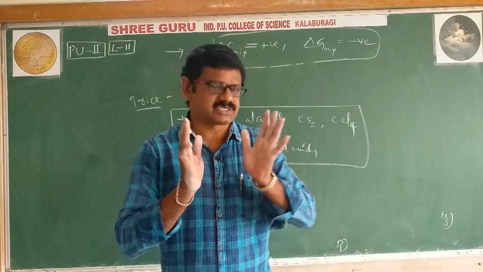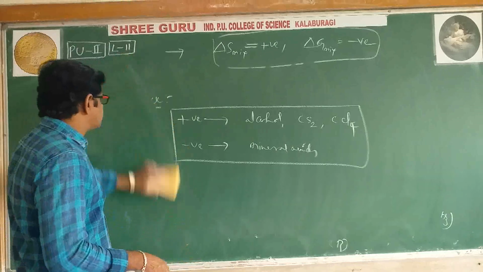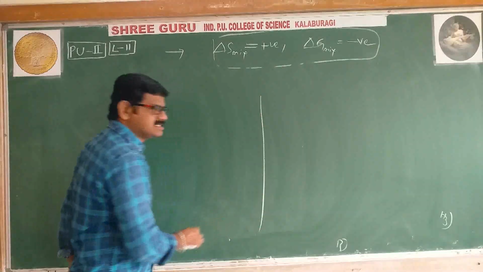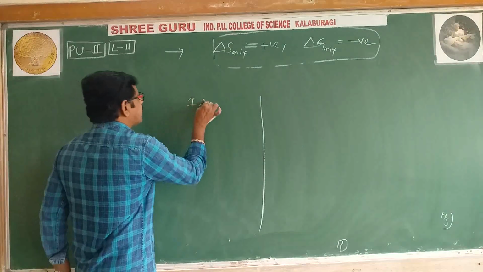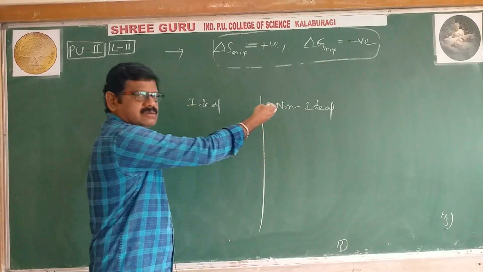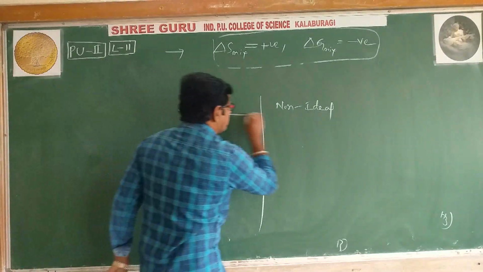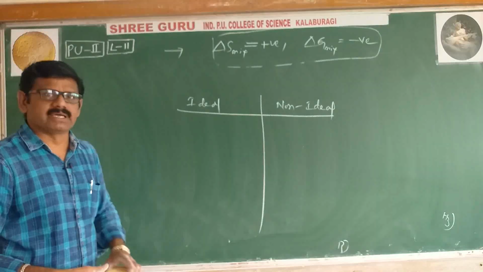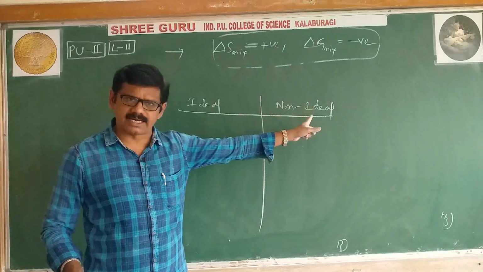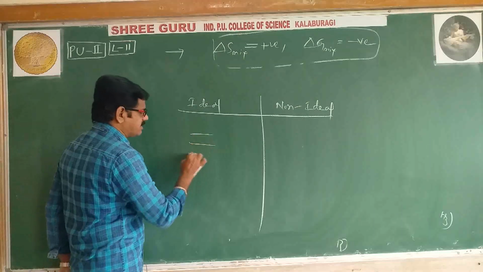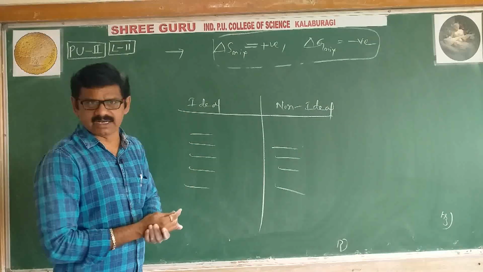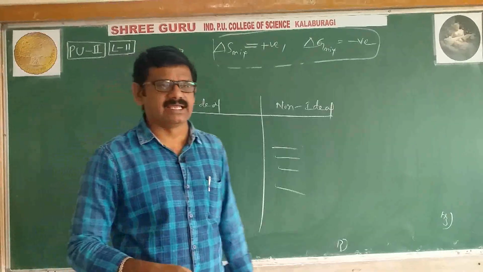Next, what you have to do? First, you have to write, of course in our notes we have given it clearly, you just refer to the notes. On one side take two columns: one side write ideal solution, the other side write non-ideal, which includes positive deviation as well as negative deviation, doesn't matter. You have to write the differences among them, because you know what ideal solutions and non-ideal solutions are. You have to write the points one by one. It is one question, because these questions are asked frequently: write any three differences between ideal and non-ideal solutions.